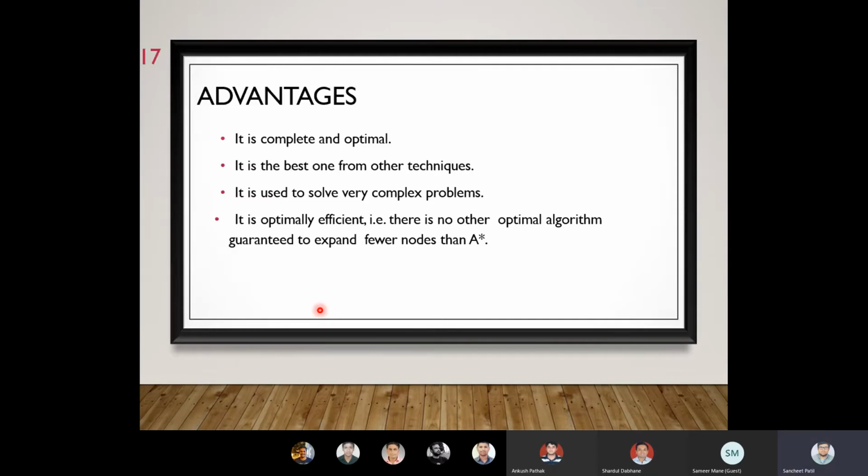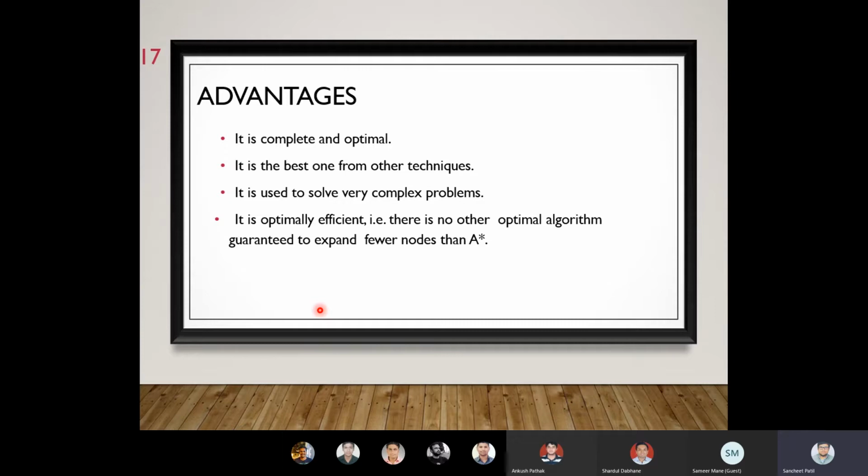The advantage we get from the A star algorithm is that it can solve complex problems, compared to other search techniques, which normally solve simple and easy problems. A star can also solve complex problems.